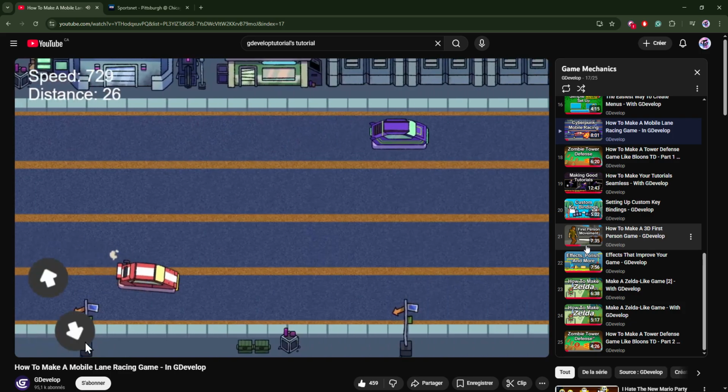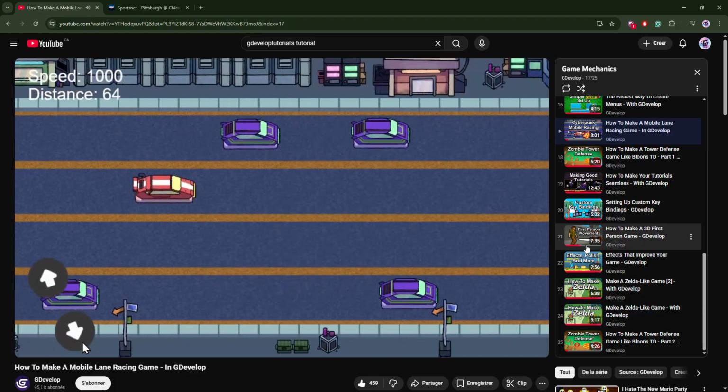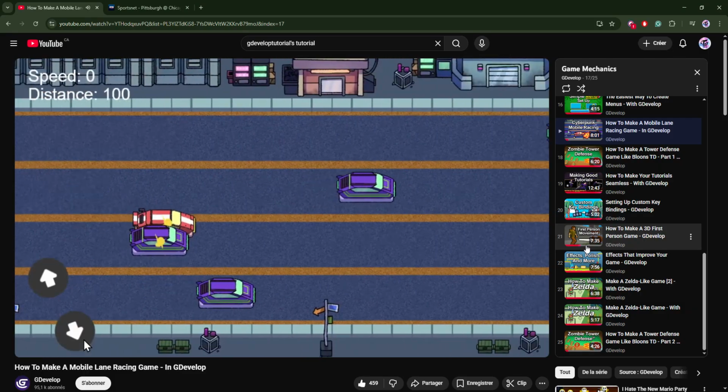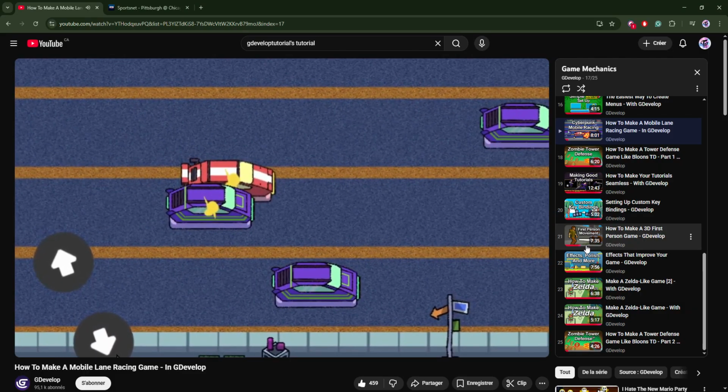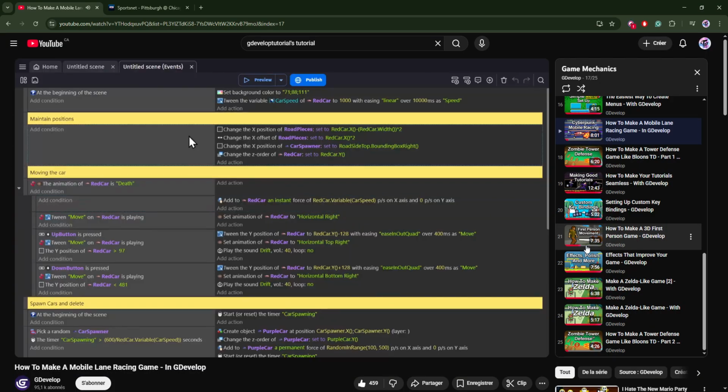So as you're going up and down the lanes, you'll be ahead or behind the other cars on the road based on how high you are in the scene. So if you turn down and collide with one, you'll be behind them, and that just helps with the illusion of depth. And now if we scroll down,